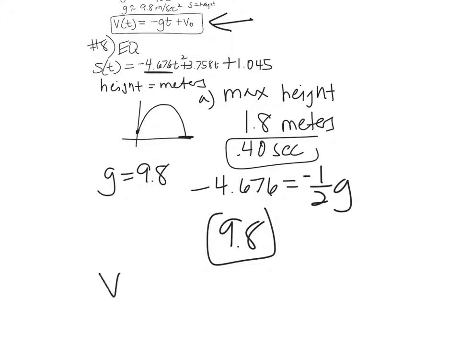All right, so v of t is equal to, because the book had you actually find it, but if you know the meters, well, it's actually not 9.8. It's going to be less than that. I hate this part. All right, negative 4.676 times negative 2 gives us 9.352. Should be about 9.8, but it's a little off. 9.8 is when you're at sea level. Maybe this happened somewhere else. I don't know. So, all right, plus